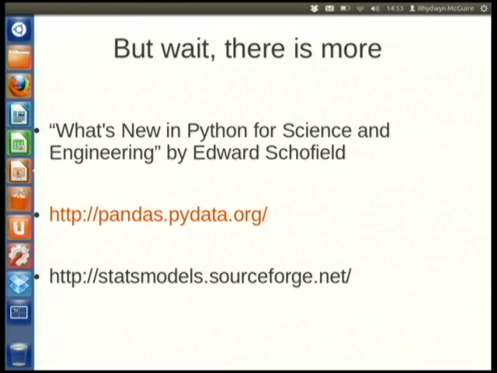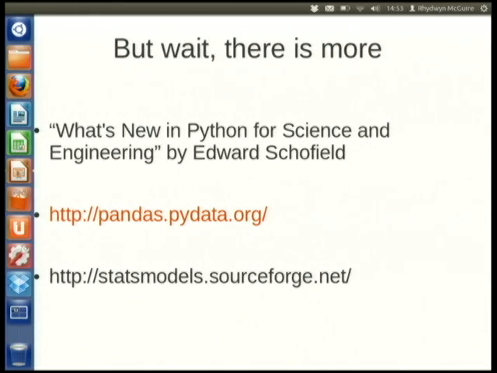And as a final thing, I want to shout out Ed Schofield, who did a talk earlier. It was videotaped, so it'll be up there. He does a really good job of talking about the alternatives to RPy. He's of the belief that we won't worry about RPy, we'll have all the libraries in Python. I'm not that confident, but we'll see how it goes. Maybe in 5 years I'll be standing up here going, yeah, the olden days, I used to use R. That was a bit embarrassing.